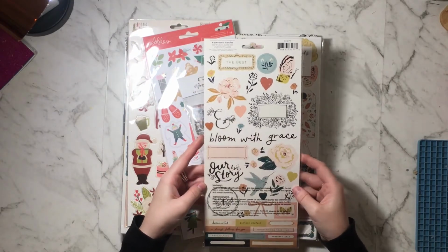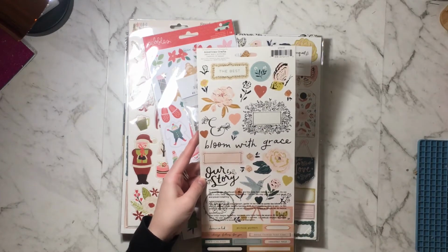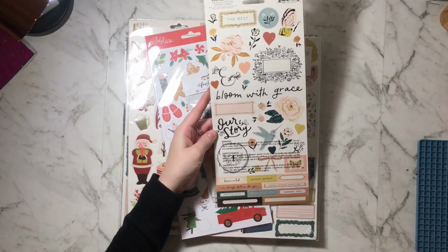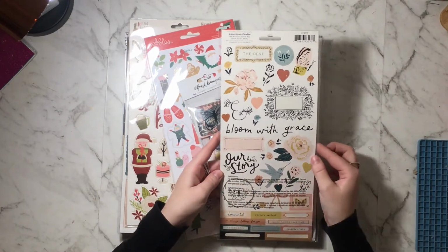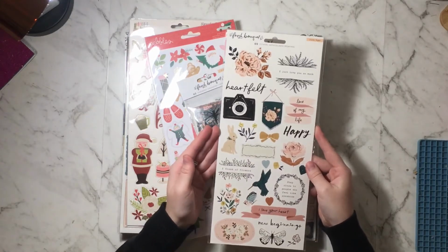It's so pretty. Like, amazing floral, amazing floral. The bird's so cute, the little hummingbird. I love it when they put the phrase stickers down the bottom. They're so good, and I like how they've got not as many massive words that are hard to use. So I adore this. So this is the 6x12